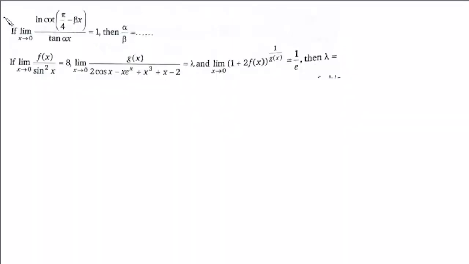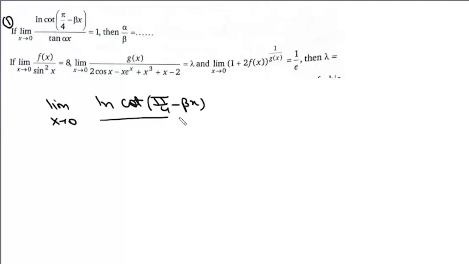Now here the first question is, if limit x tends to 0 of log cot(pi by 4 minus beta x) upon tan alpha x equals 1, find the value of alpha upon beta. Now we put x as 0, this is log 1 which is 0, tan 0 is 0, which is 0 upon 0 form. So we'll use L'Hopital's rule, so it will be limit x tends to 0. Now derivative of log is 1 upon x, so it will be 1 upon cot(pi by 4